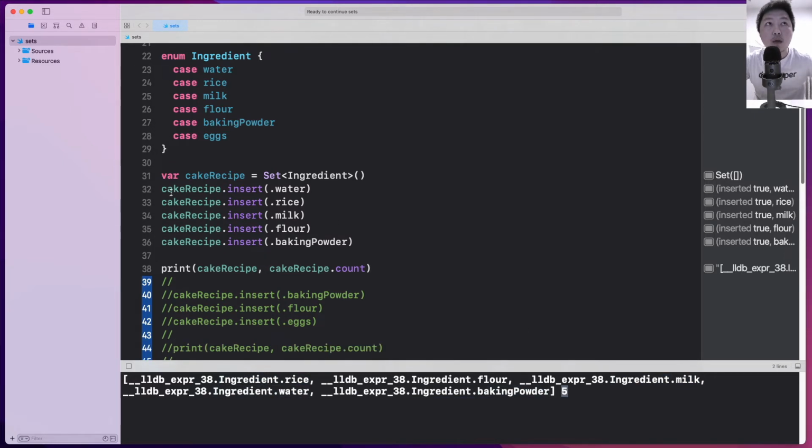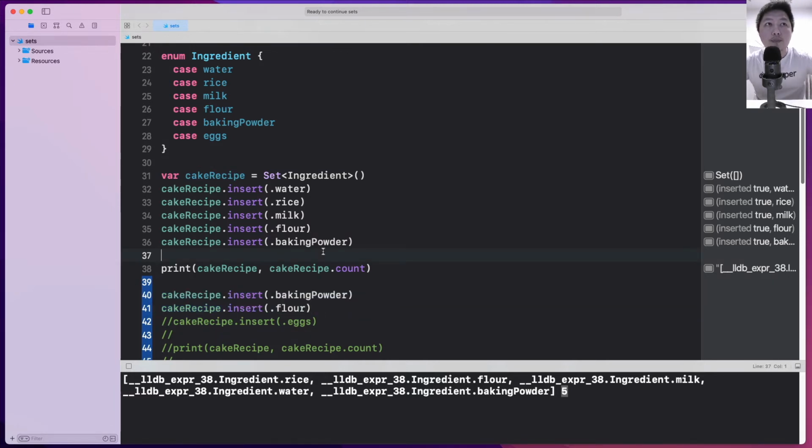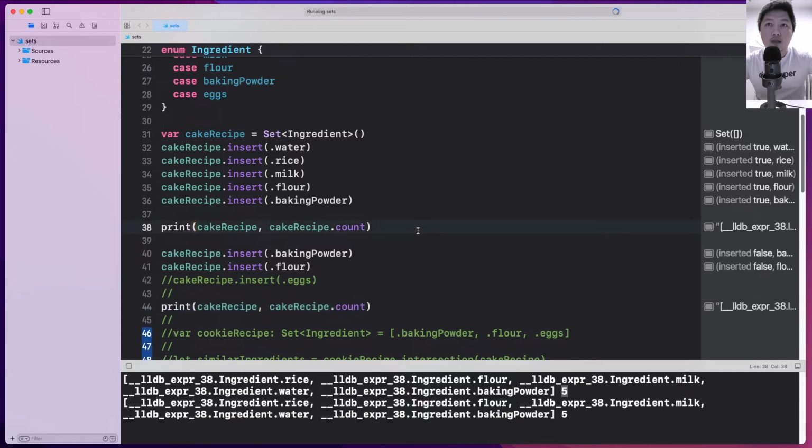Now using the same cake recipe, I'm going to insert the similar elements inside over here, which is baking powder and flour. Let me just uncomment this out, and I'm going to uncomment this out again. Let's see what this prints out this time. It's going to print out the same thing because baking powder and flour are already contained within the list over here. However, if I'm to insert